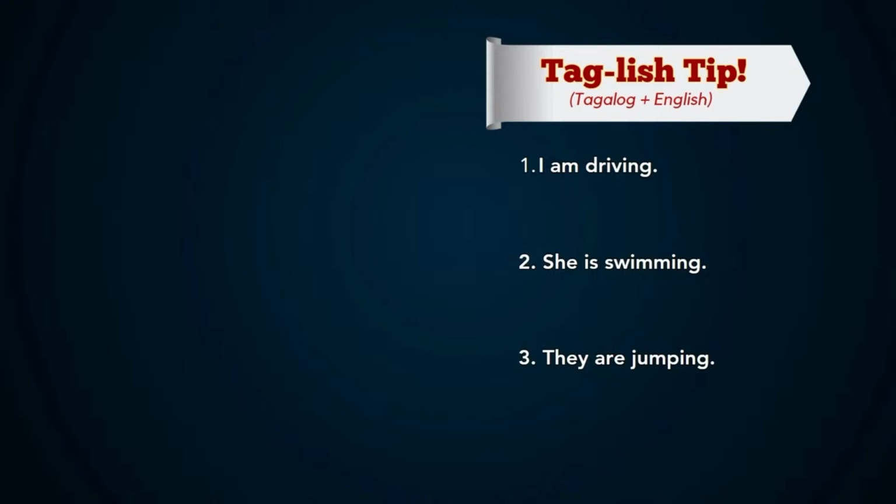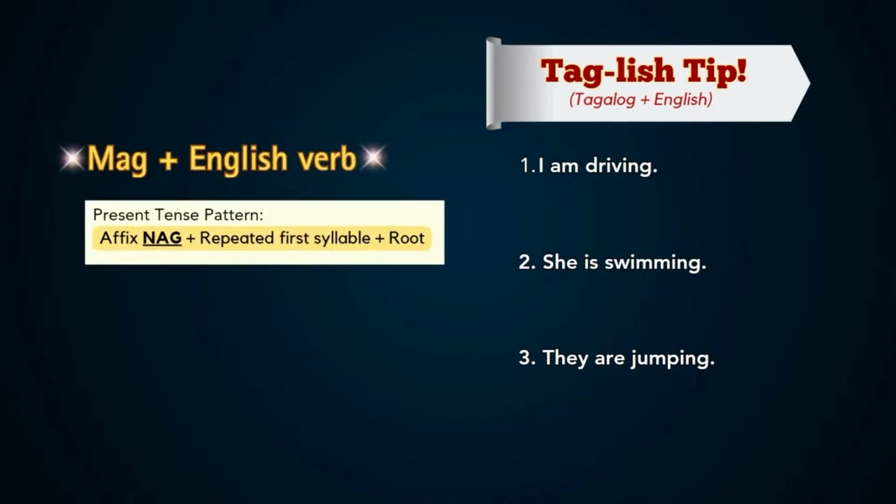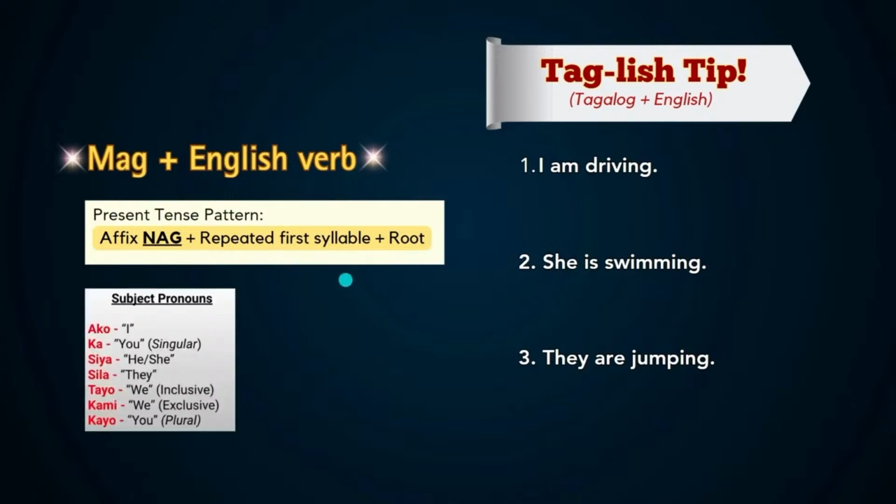But you could always turn them into a mag verb. So mag plus the English verb. And then you could just conjugate it in the present tense using the pattern we learned. Affixes nag, then there's a repeated first syllable and then the root. And then use the subject pronouns like we learned. So what if for number one, I said, I am driving, and I told you to use the verb mag-drive. Now you could conjugate it as